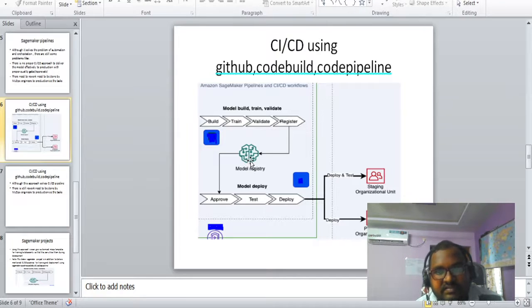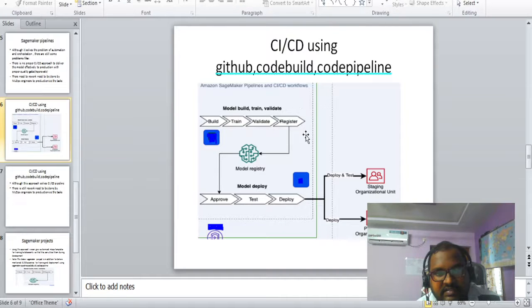Once the model is registered to the model registry, after proper approval, it will be deployed first to the testing environment and then the production environment. This is a proper CI/CD.